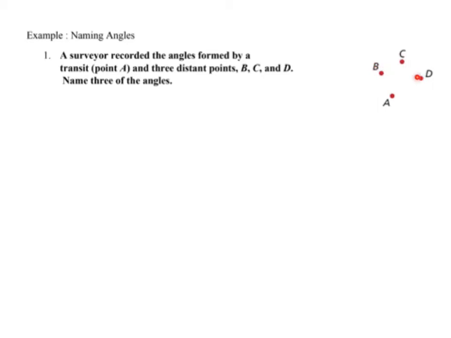So I'm going to just draw a line from A to B, A to C, A to D. And as you can see, in all of these angles, we have a vertex at A, but I cannot call any of these angles A, because as we just discussed, when there's more than one angle coming from it, if I just say angle A, I don't know if I'm talking about BAC, BAD, or CAD, so it's going to make more sense to actually name them the way I just said them, where I can say, all right, well, I have angle